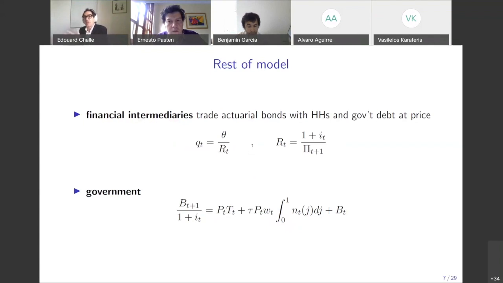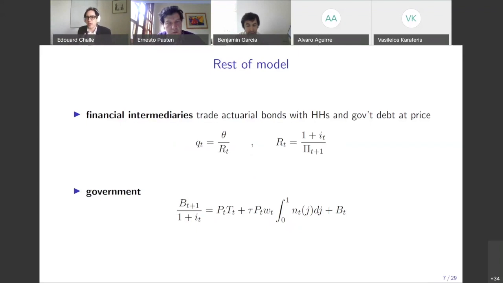They trade with the agents the actuarial bonds, which are real bonds. Then I'm letting the nominal bond supply go to zero. So I'm considering a cashless model with zero net supply of nominal bonds. But nevertheless, there will be a lot of trading between the agents. So suppose